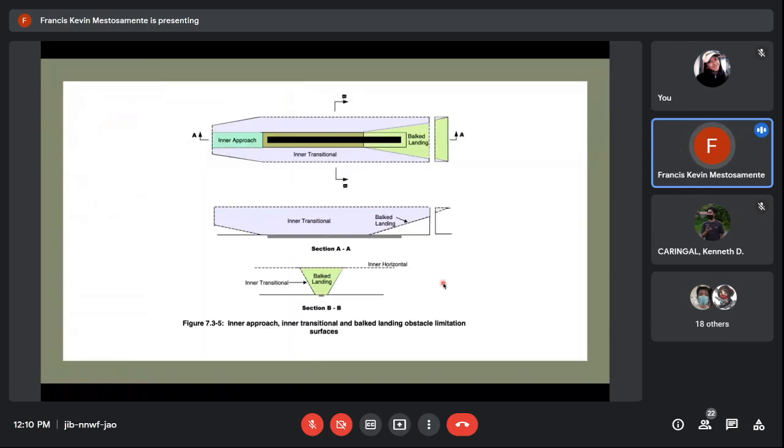And lastly, another or the last part, I think, will be the balked landing surface. So it's an inclined plane originating on the specific distance after the threshold, extending doon sa inner transitional surface. Maybe you're asking, sir, bakit may dinagdag pang isang surface? Meron naman na tayong surface for the approach and surface for the takeoff. This additional surface or the balked landing, it is the surface provided if you will have to perform a go around. So of course, if